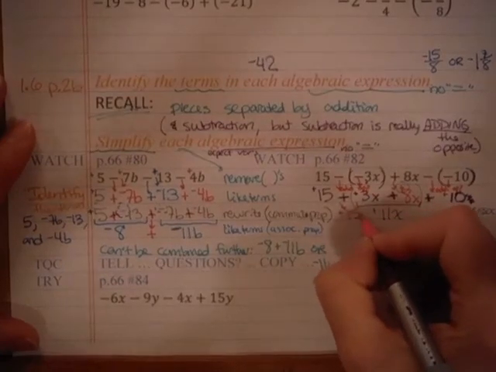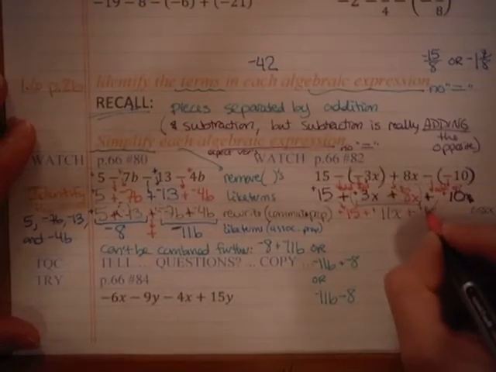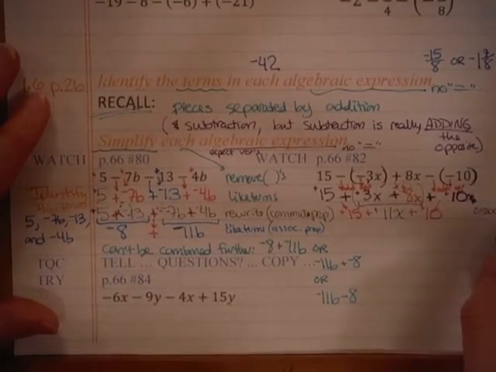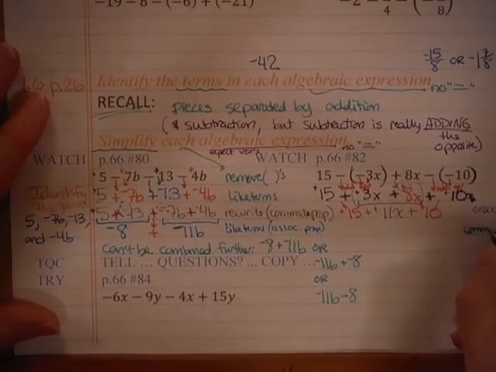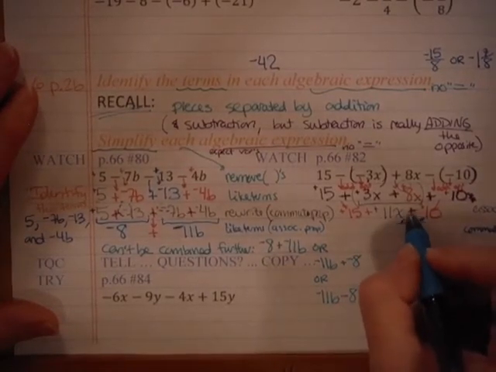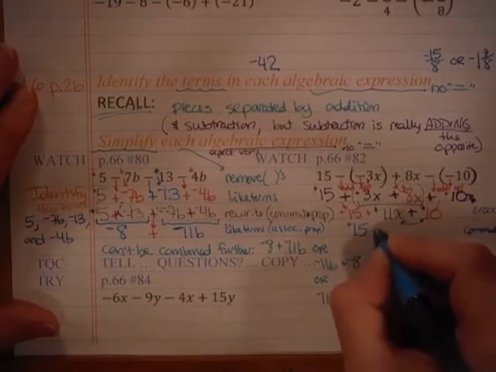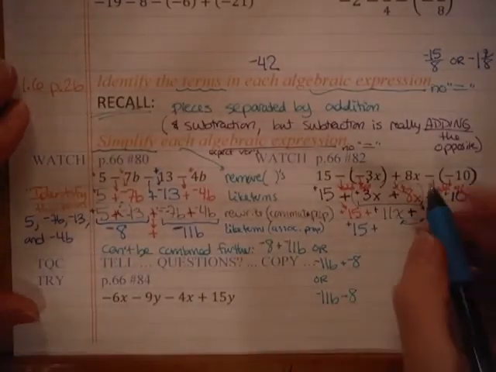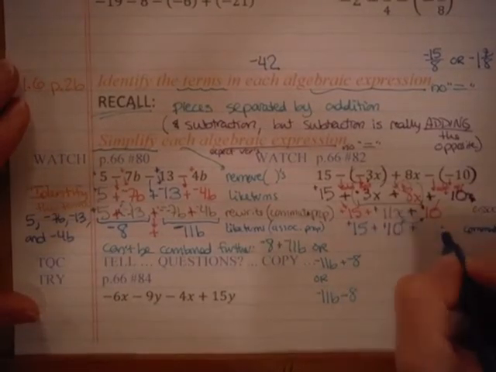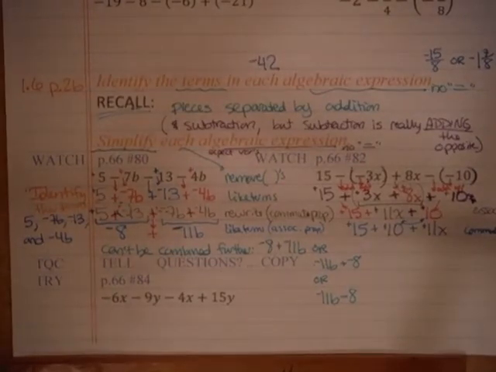I've got a positive 15 plus the positive 11x. I've got at the end adding or plus a positive 10. Now I can use the commutative property and reorder this, and I'm going to switch around the 11x and the 10 around this plus, but I take the signs with them. Okay, so this becomes a positive 15 plus, I'm just going to switch them around this other adding sign here, and I'm going to bring the positive 10 and the positive 11x. The reason why I switched that is because I'm interested in